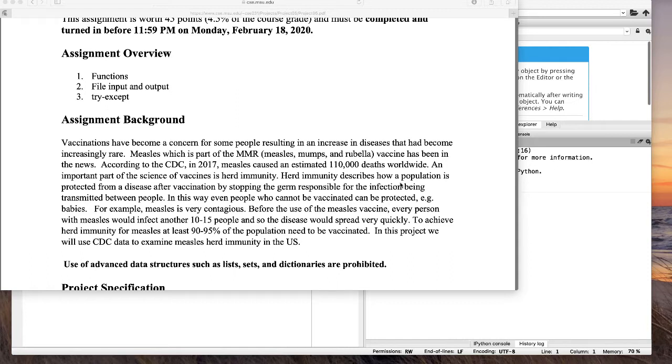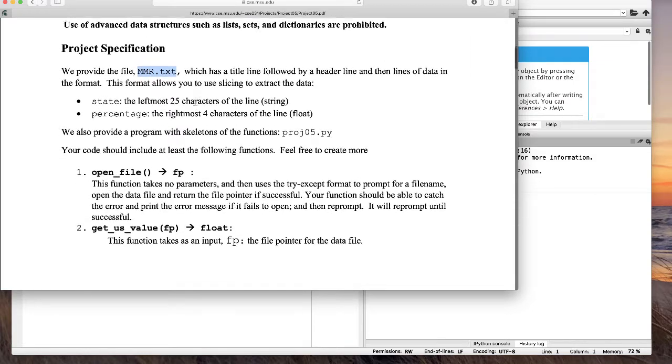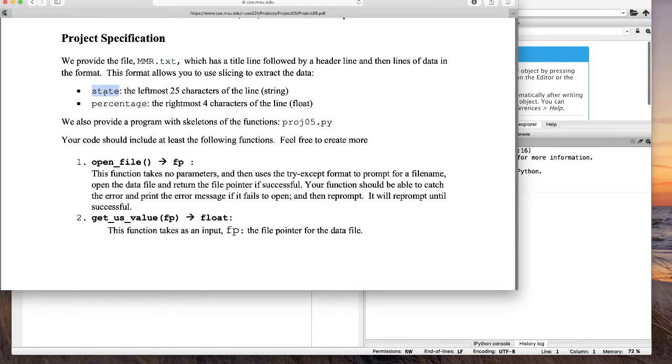All right, so let's take a look at this. So we give you this file, mmr.txt. Okay, that's the measles, mumps, and rubella vaccination. And out of it, there are state and percentage, and there are a couple of other things about it. There is a title line that we want to ignore and a header line. Okay, and so we tell you everything that you need to know about it right there. So we're going to write a program,